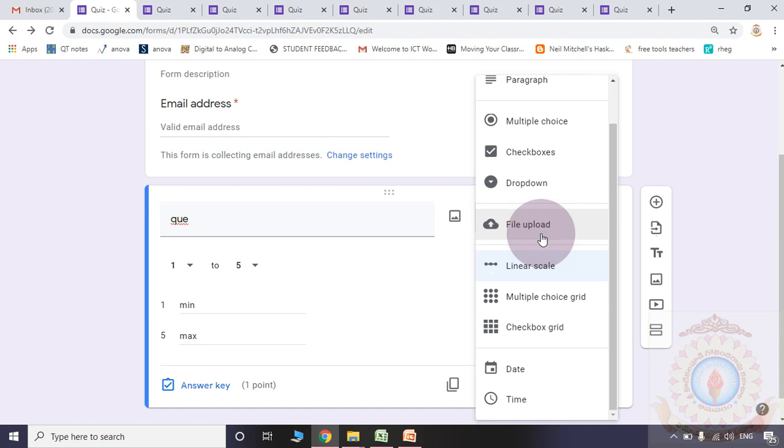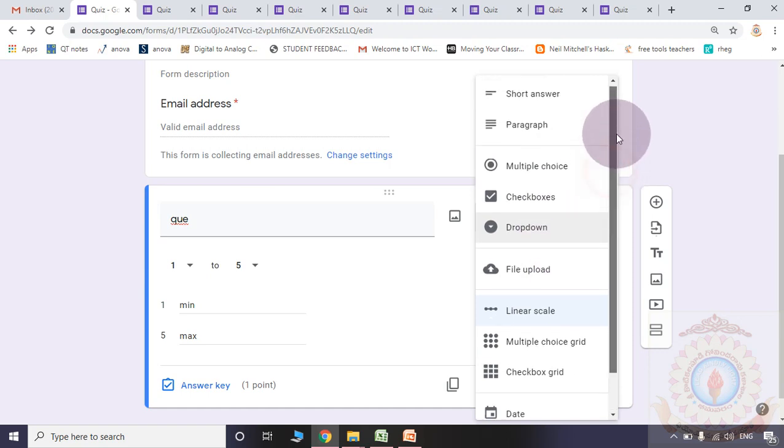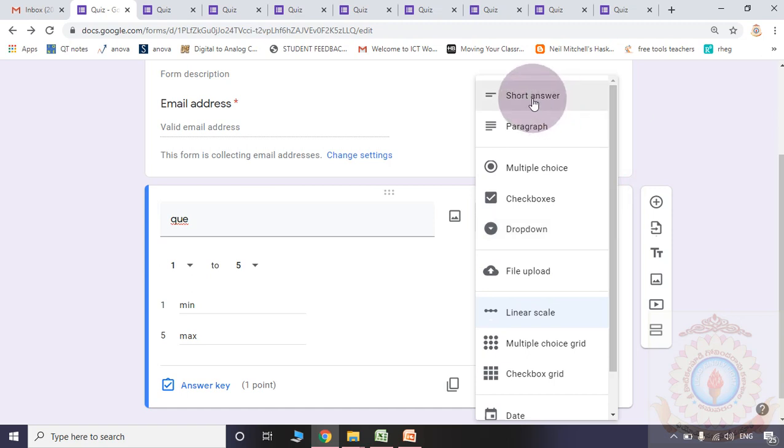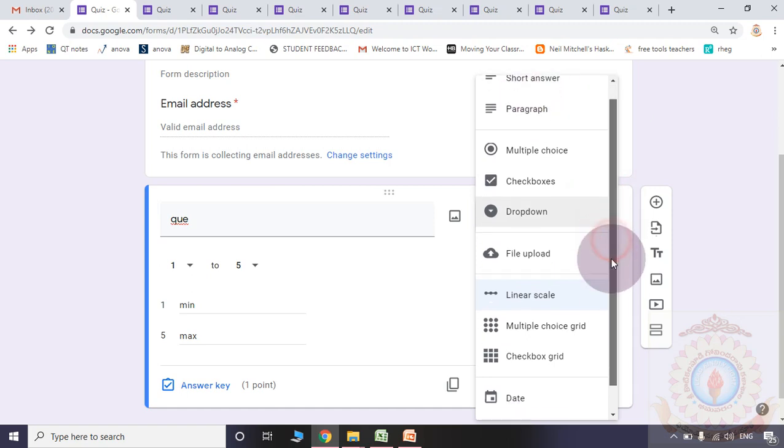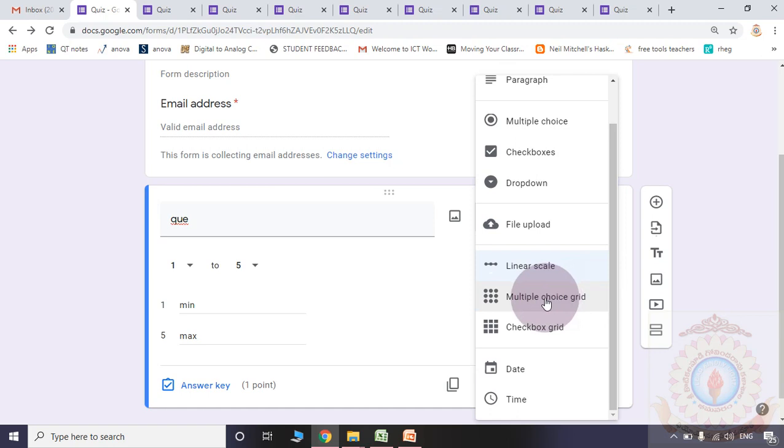Directly in the demonstration, I hope you understood very clearly. So if you want to give the grade immediately, we are supposed to choose multiple choice questions, that is best, or drop down. Multiple choice or drop down, that is best. Even if very few partial different answers exist, then you may go for short answer also. Now we will see multiple choice grid.